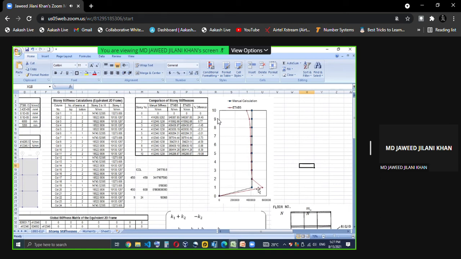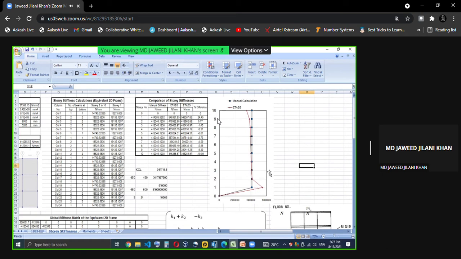Why is there a sudden, higher stiffness at the first story? Because of the boundary condition, the restraint which we have given. There is a difference only in the first story between manual calculation and ETAB, but for all other stories it is comparable. This difference is due to the method. There are lots of methods of calculating approximately, because we have calculated approximately using a 2D frame.